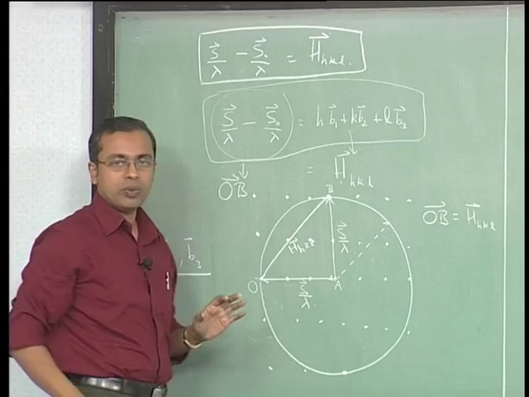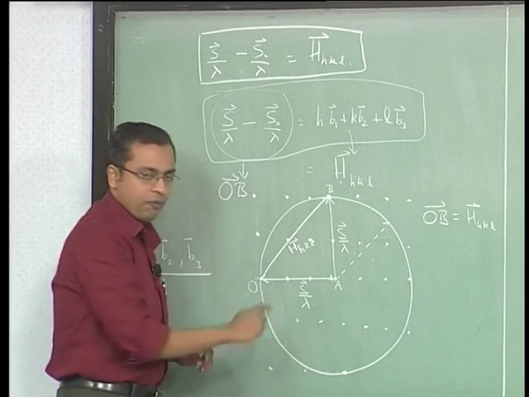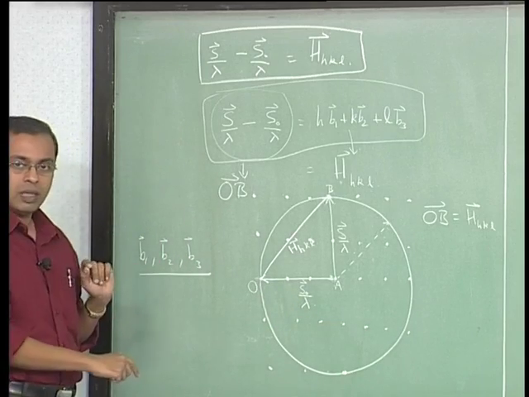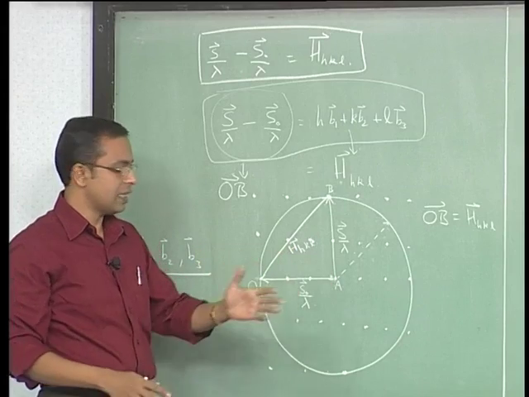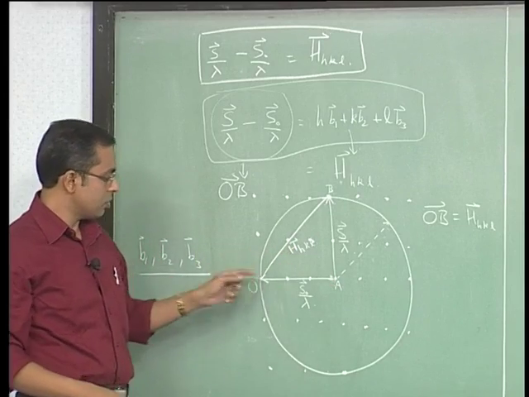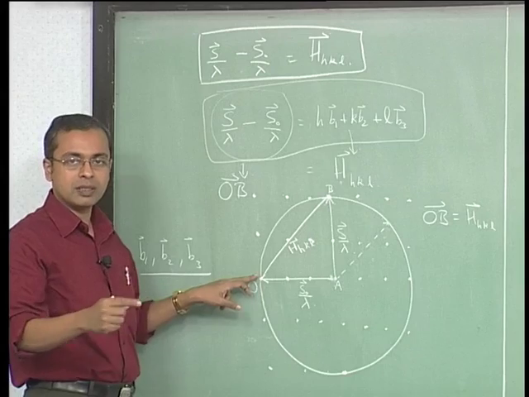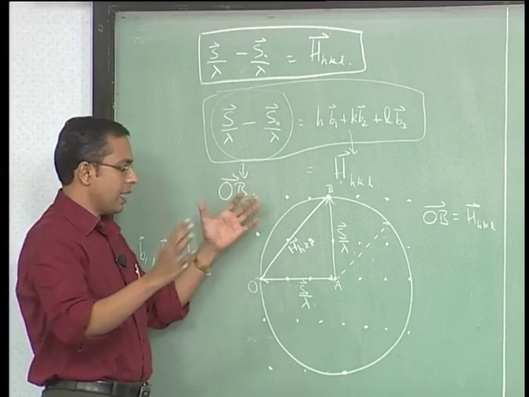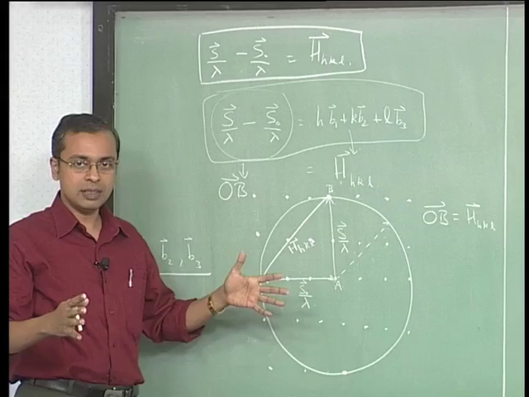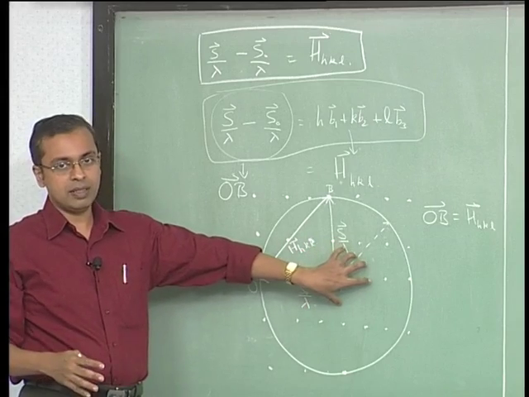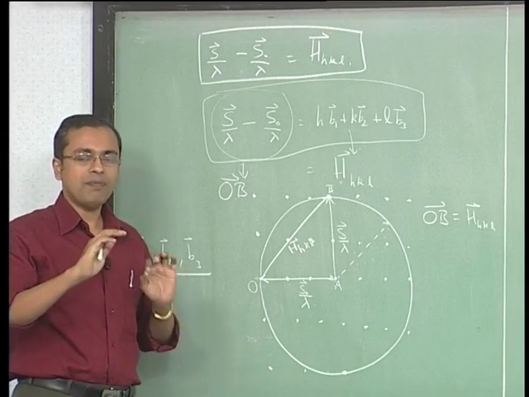So what you see as a circle in 2 dimensions is actually a sphere. What I have just shown you is a 2-dimensional set of points because I only used B1 and B2. So the reciprocal lattice itself will exist in 3 dimensions for a real material, because you will have B3 also. In the same way that I plotted B1 B2, you can additionally put B3 points here and behind the board. So you will get a 3-dimensional set of points corresponding to valid reciprocal lattice points, and you will have a 3-dimensional sphere. Any place the surface of the sphere touches one of those reciprocal points, you have a valid condition